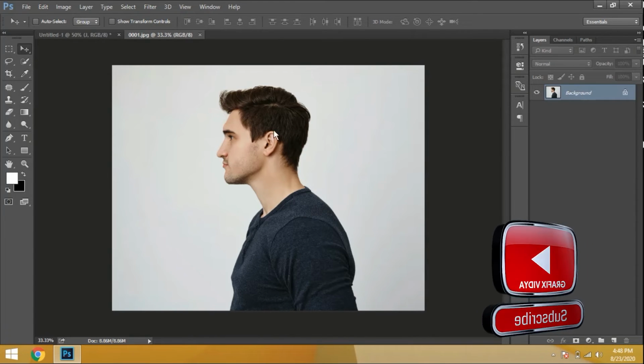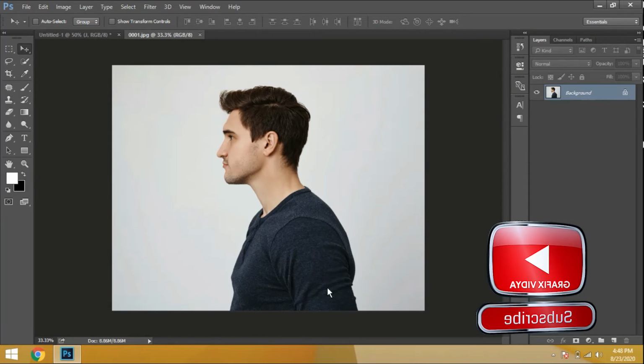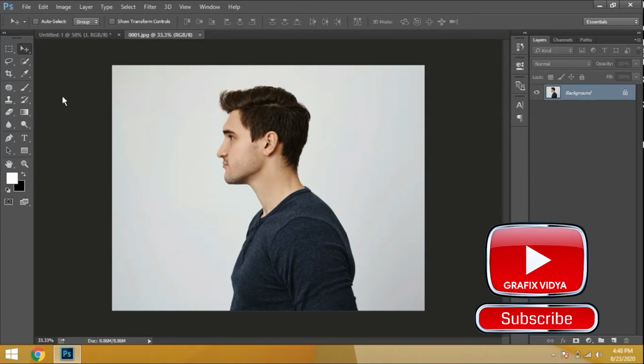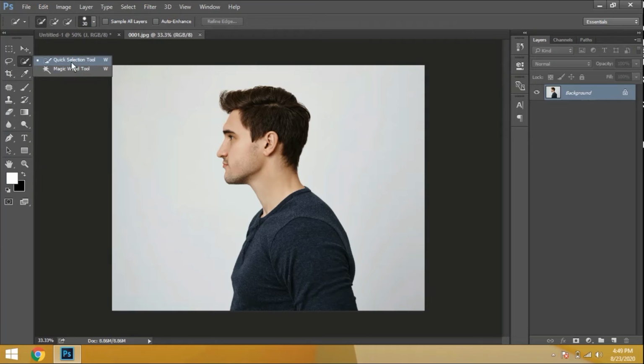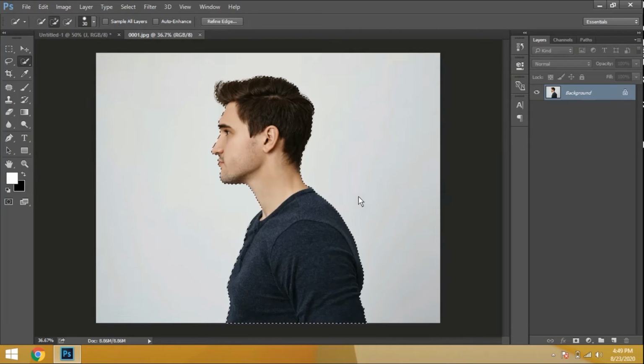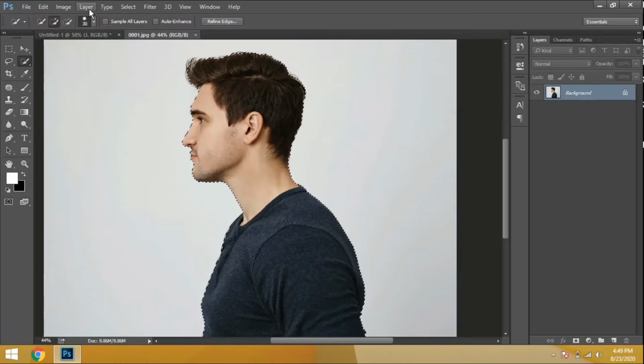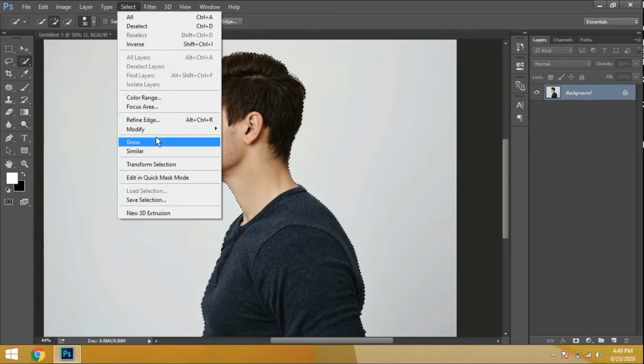For making a selection for the image, we have too many ways to select it. But here we have the Quick Selection tool for an easy process. For a quick process, I'm just selecting like this. Like this, we can get the selection from the image document. Now come to here, it is Refine Edge. We can see the Refine Edge option, or otherwise we can go to the Select menu and get Refine Edge from there directly.